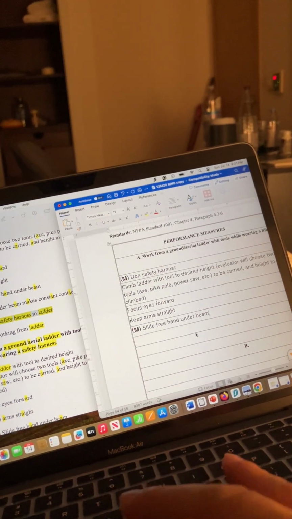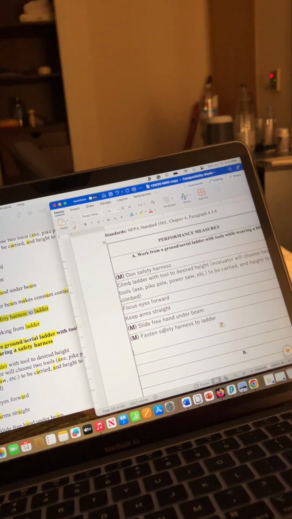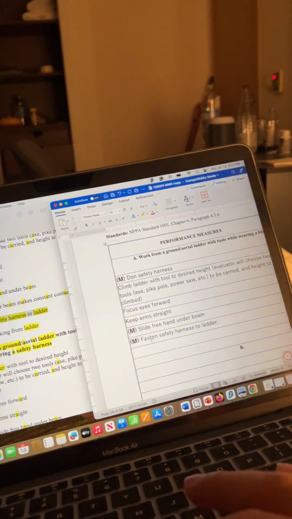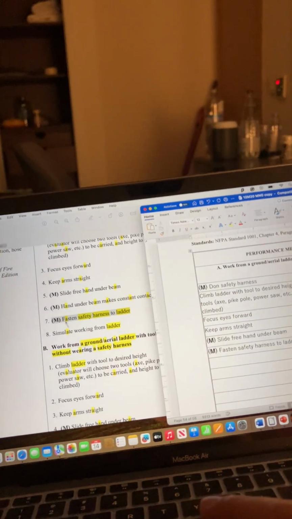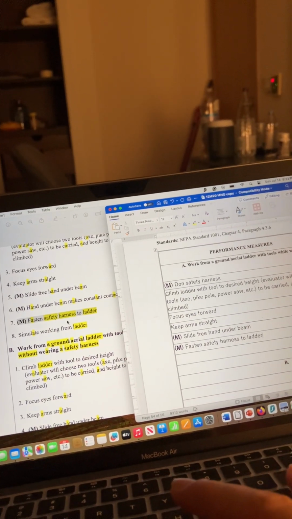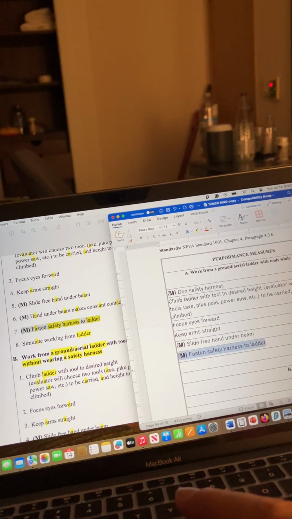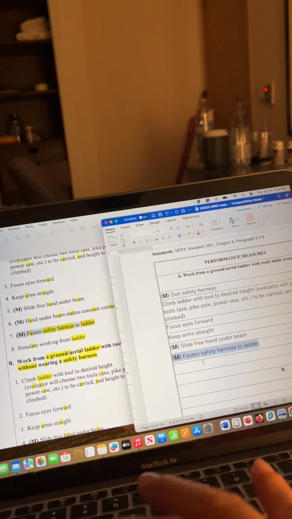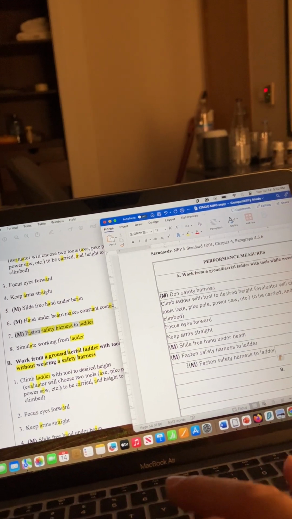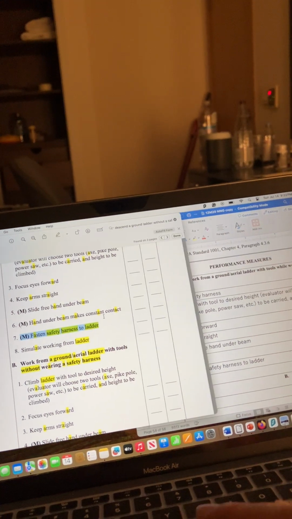Copy, paste, oh, backspace, delete the extra space, and keep, oh, wait a minute. I'm missing one right here, so I'm gonna copy, paste, I'm gonna erase this one, and I'm gonna put the one